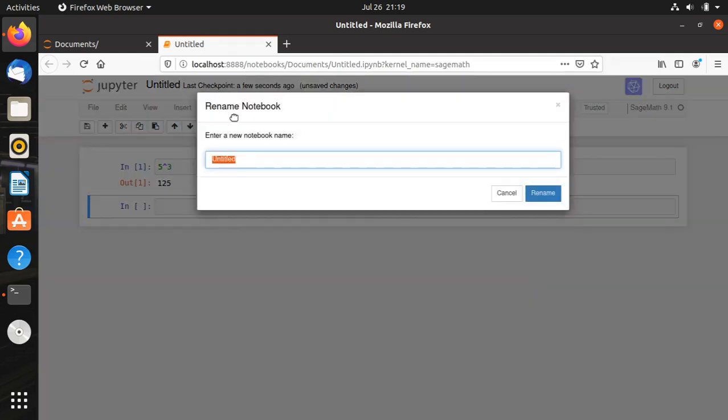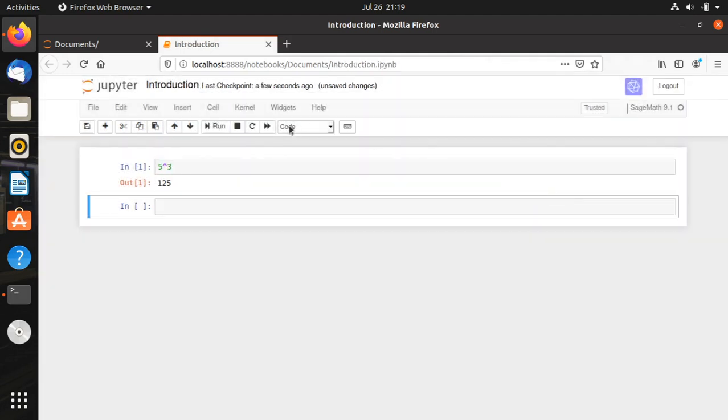Okay, this Untitled is appearing here. Maybe we can save it using the same name we used previously: Introduction. So, renamed. After renaming, of course, we can close this browser window to exit from the Sage Jupyter Notebook, but instead of that, it's better to click on this notebook.